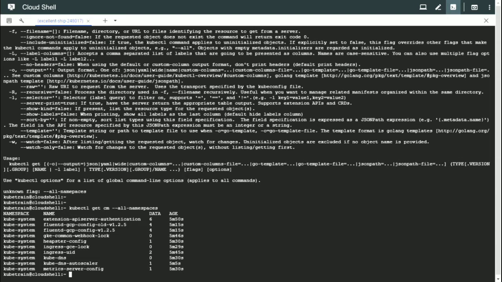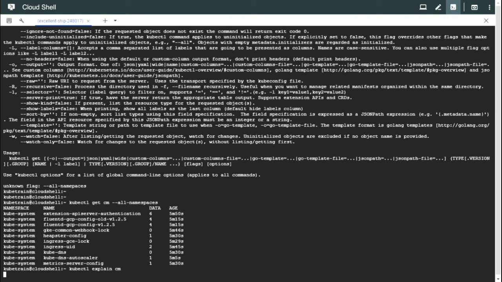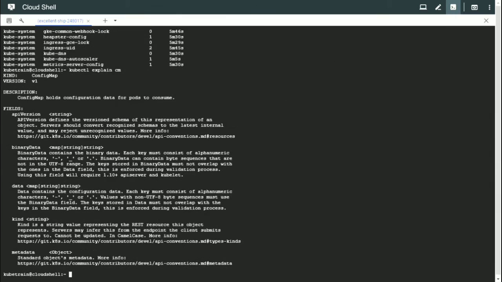In order to create a config map, just like with any other object, let's check some syntax or some information related to this object. So we would use the explain command, kubectl explain cm for config map, and let's see some information about it. Here, the two fields that we are concerned about are the kind and the version. Version is going to be v1 and kind is going to be ConfigMap, and this is case sensitive. So let's just go ahead and create a config map